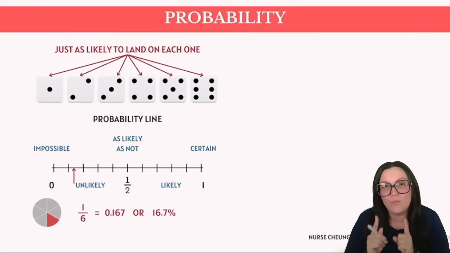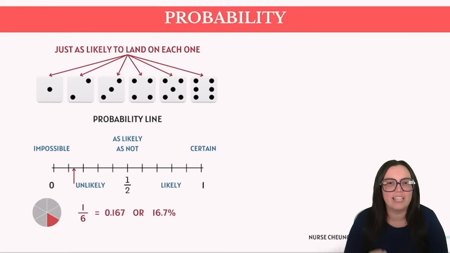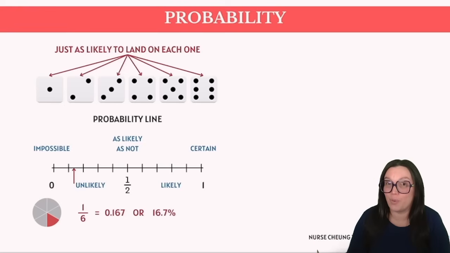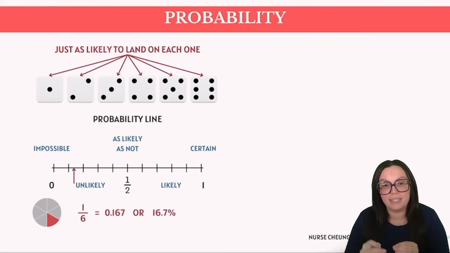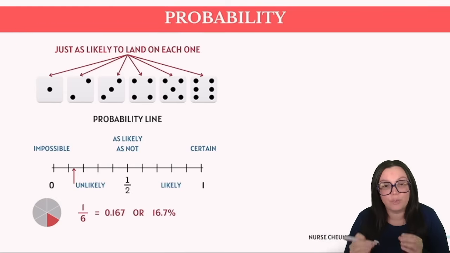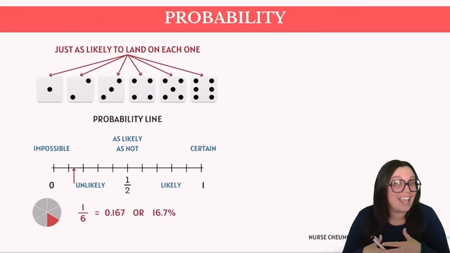Doing the math, 1 divided by 6 gives us 1/6, which can be translated into 0.167 or 16.7%. This value should be positioned in our probability line to indicate the likelihood of rolling a specific number, say maybe a 3. While that suggests that the 3 is unlikely, it is equally probable as rolling any other